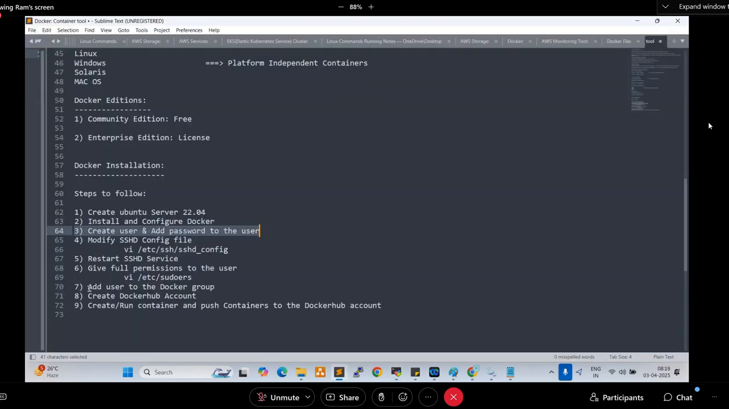Add user to the Docker group. How can we add a user to the Docker group? The command here is chmod. Chmod is change mod. We can add into the Docker group. How can we add? So here, sudo